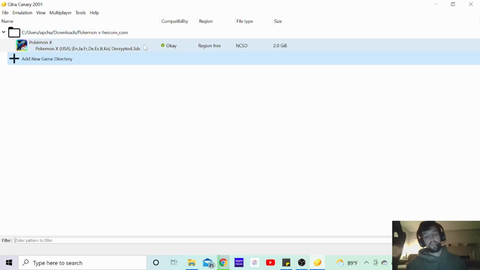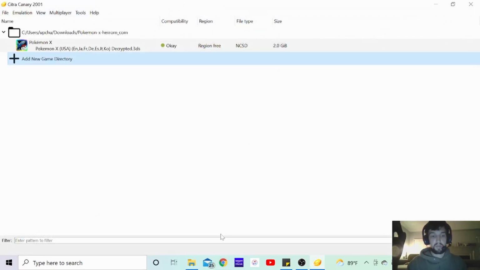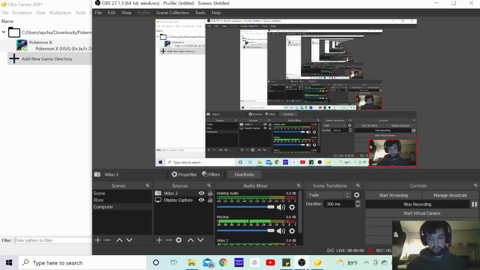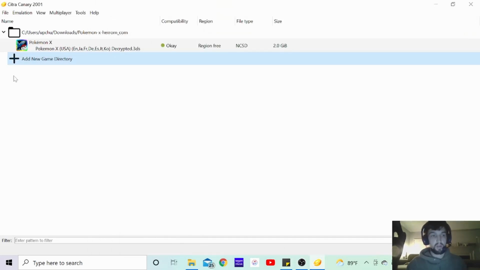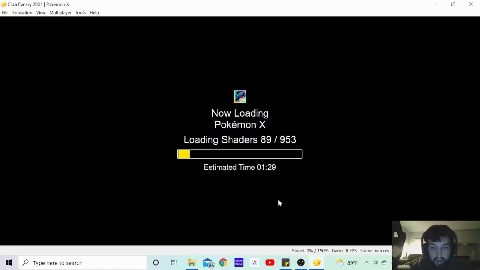Then, to show you that it works, we'll go ahead and exit out of all this. You don't even worry about it. We'll exit out of, oh, that needs to stay up there. All right, so double click this. You'll hit, I like to have access. And it's gonna run it. Now, my computer's kind of slow, but I'm still going to show you that it's pretty smooth, runs decent,